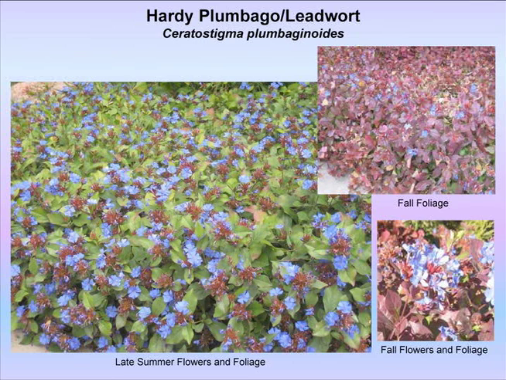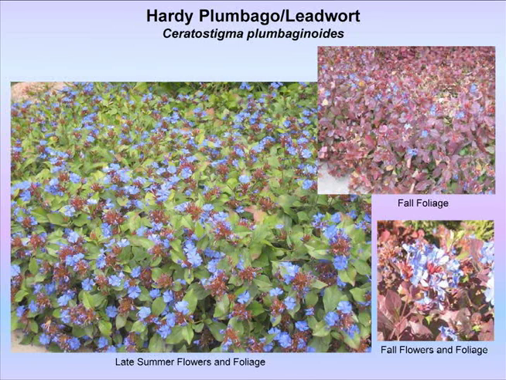Here's another plant for dry shade. This one's great to add to the garden if you want a pop of color late in the season. This hardy plumbago or leadwort is very slow to wake up in the spring, and I think that's mostly because it has its big show in the fall. It has almost an electric blue flower, and you can see that it's still flowering even as the foliage starts to turn that pretty burgundy color in the late summer and early fall. It dies back, so it's just kind of reddish brown stems during the winter, but again, to get some color in the garden at a time of the year when a lot of things have finished blooming,